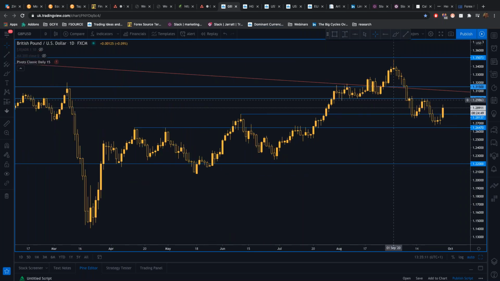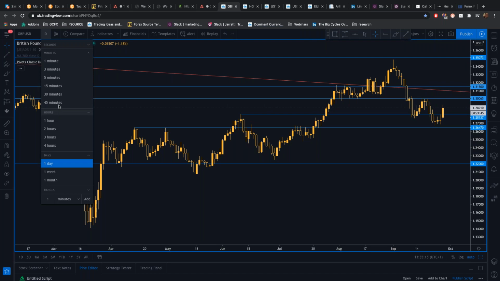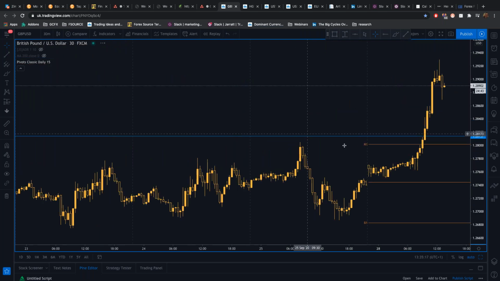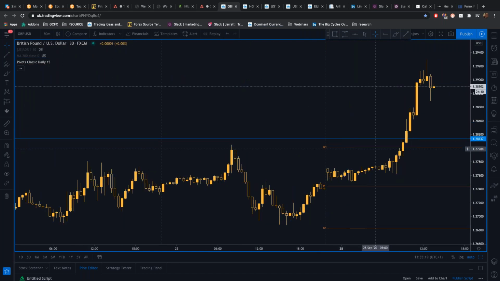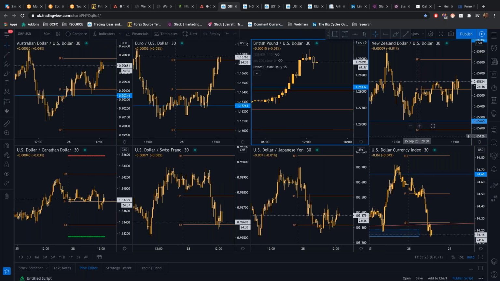So the broad outlook for the pound is to sell. But why are we seeing this strength? Let me explain why we're seeing this strength in the pound. Number one, it is dollar weakness. This dollar weakness lifts all the major pairs that are paired against the US dollar, on this dollar index weakness.